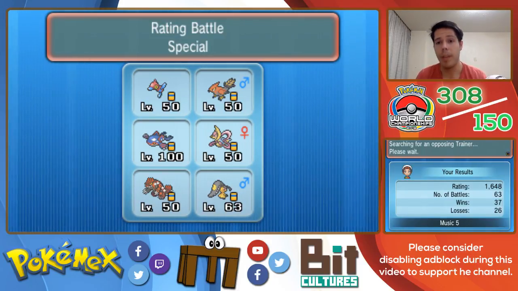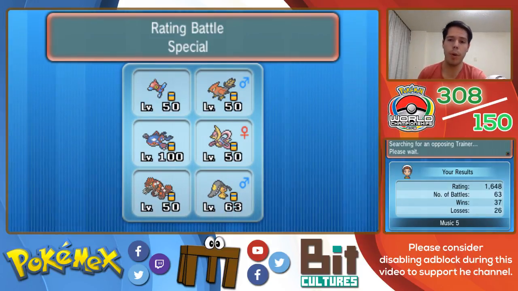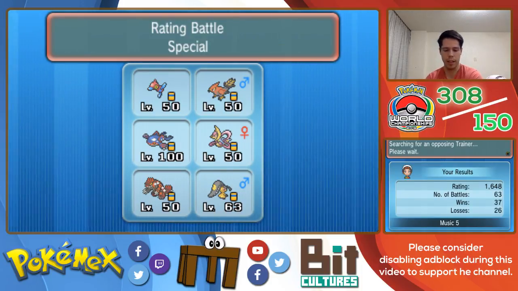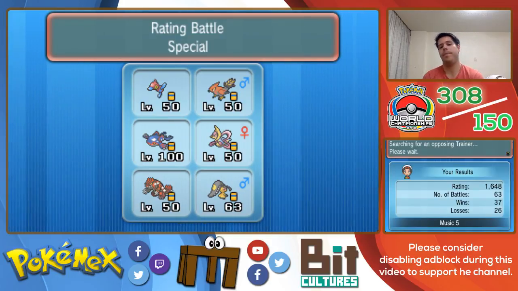Now, looks like not many people are playing right now. It's taking a long time to find an opposing trainer. Might have to search for one again, because it's really taking its time. But yeah,